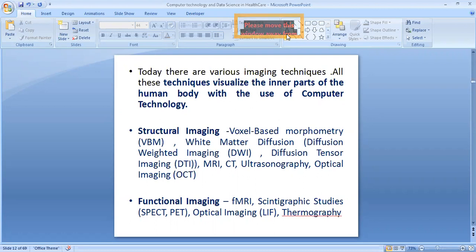That is, you view only the anatomy, how the structure of the patient's body is. There are so many methods, specifically focusing on specific areas of the body. For example, ultrasound is for the entire body. Even though it has comparatively lesser resolution, it gives you a real-time application. Optical imaging is again non-invasive and useful for real-time applications also. Then in DTI or DWI, we go in for white matter diffusion applicable to the brain areas.